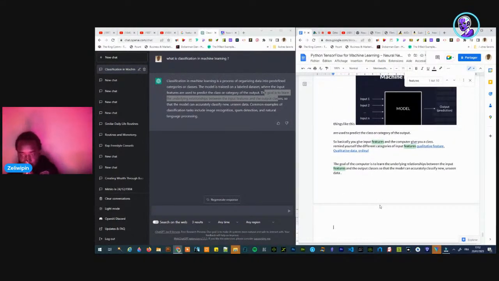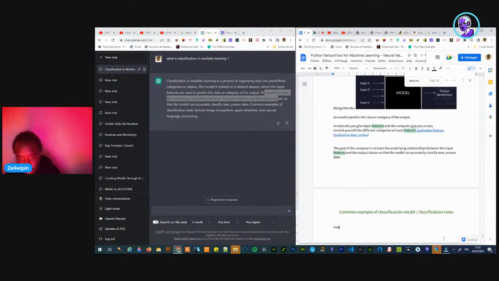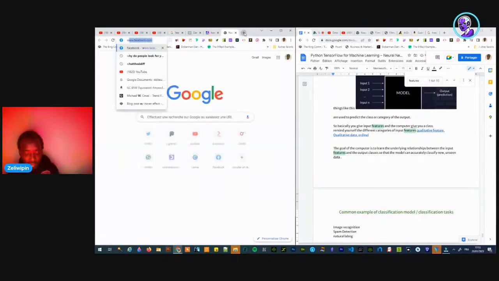Common examples of classification model slash classification tasks: image recognition, spam detection, natural language processing. Natural language processing is not really a task, because what if I type in Google, what is natural language processing?